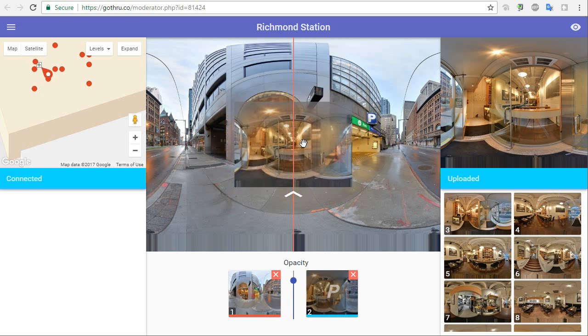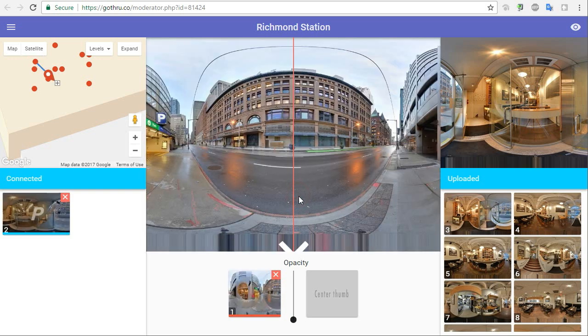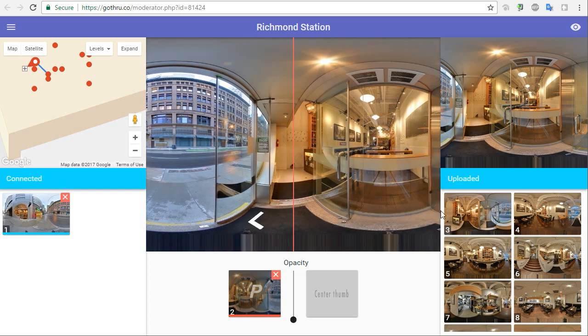all I have to do is just connect these two panoramas, and make sure that the features in these two panoramas are matched, and then I'm clicking connect. If I click F on the keyboard, I can flip, so I can go back, and also I can go back and forth if I click the arrows on the keyboard, like up and down. So at this point we can go ahead and go to the next panorama that we've shot, and the